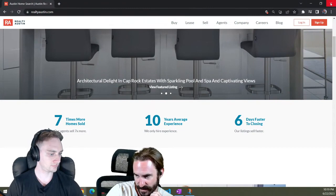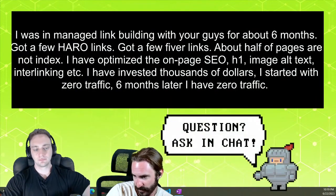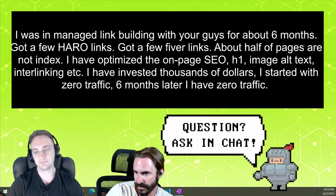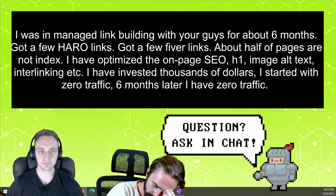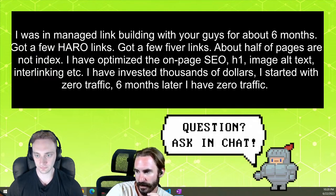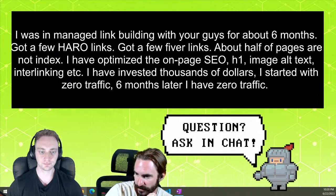I think your IDX is going to cause some issues just due to the fact that it creates interlinks to a subdomain, but I understand there's nothing you can really do about that. And then you want to make sure that if your IDX is going to a subdomain, and they're pulling information, that it's no index. I remember with an IDX that I was using, you wanted to make sure of that, or it would completely tank all your rankings, because then it's just a giant duplicate content website. So make sure that if you can tick that off, I don't know who you're using or how this is made, that it is